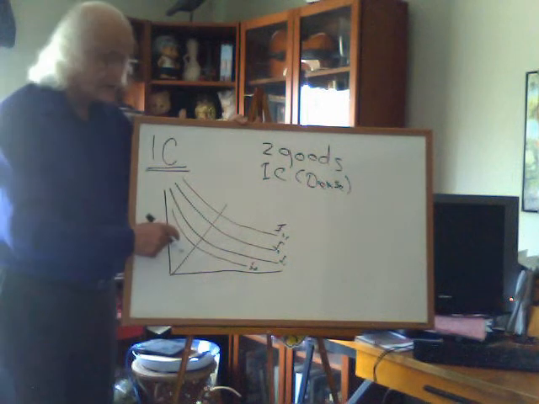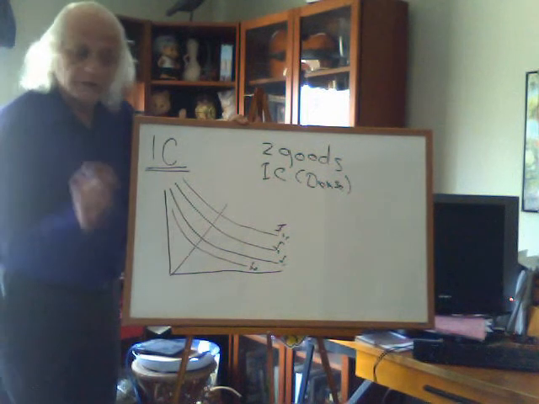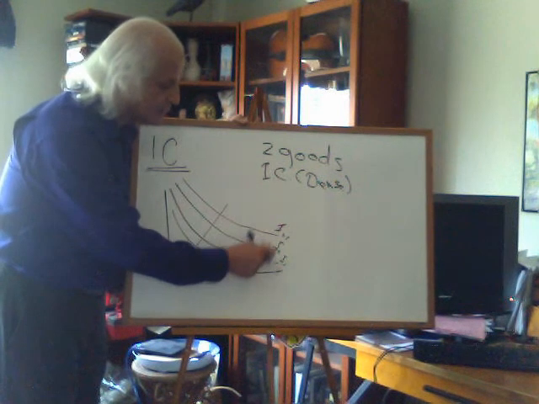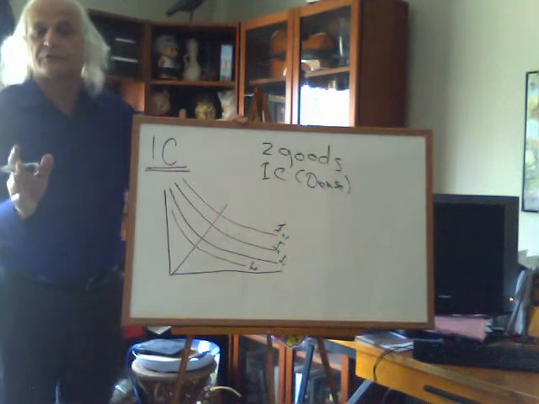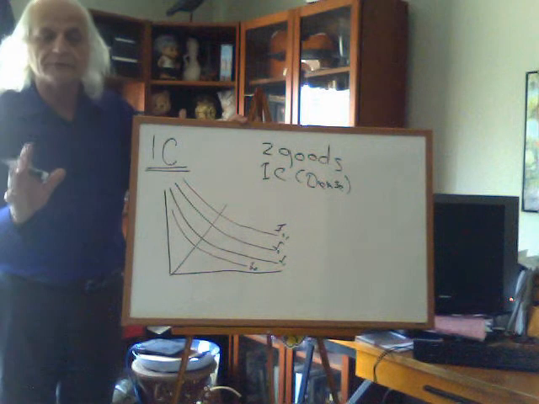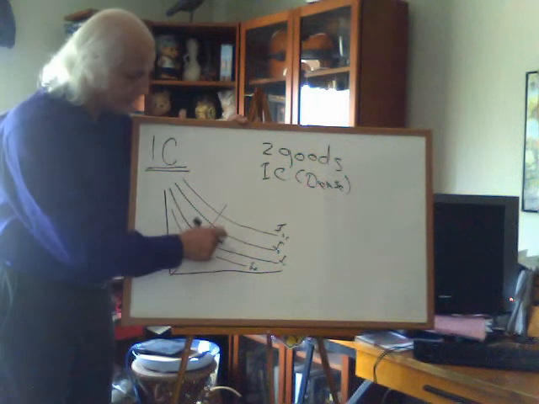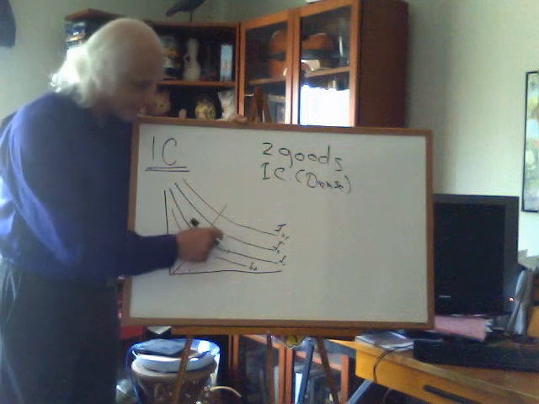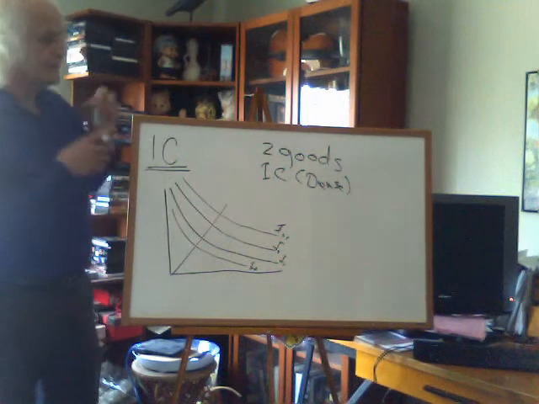So this way, I am no longer saying that this represents 5 utils and this represents 10 utils and this is 20 utils. I don't care how much it represents. All I'm interested in is that I prefer anything over here to anything over here. And I prefer anything over here to anything over here. Now, if I